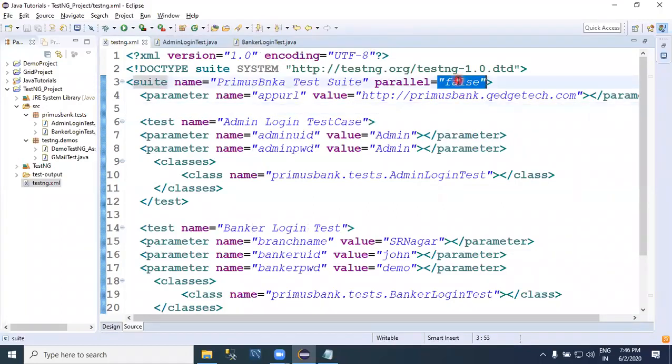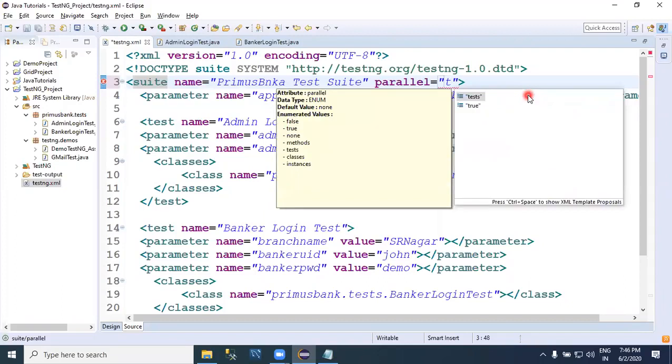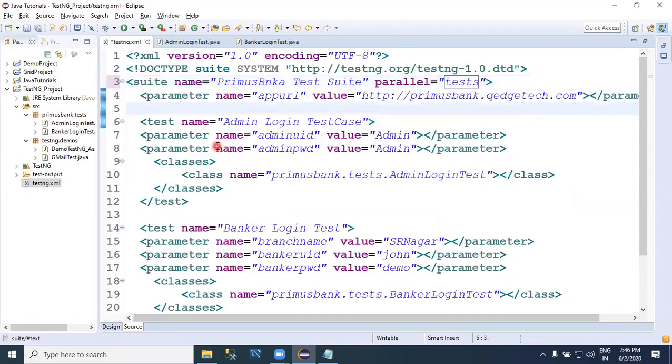Here, I'm changing this value to, see, these are the two options available, either true or tests. So I want to run test cases simultaneously. See, what is the major difference here? Previously, in sequential execution, TestNG will initiate the test case execution. Once the admin login test case execution is completed, only then will it initiate the second test case execution. Whereas in parallel execution, before completion of test case one, the second test case execution also will be initiated,